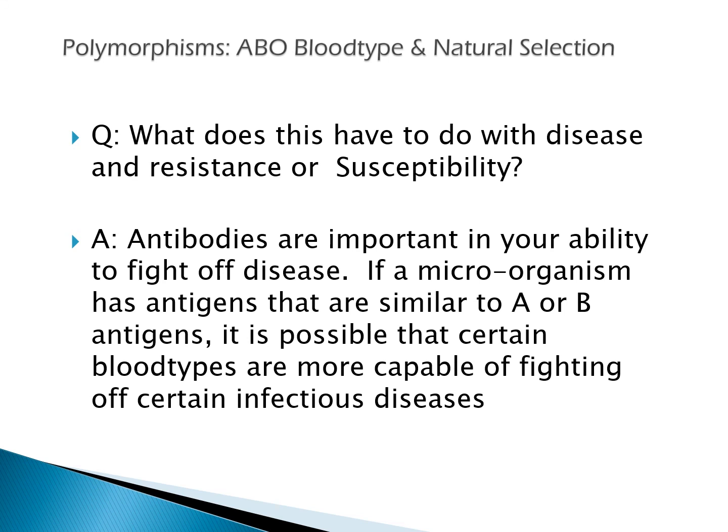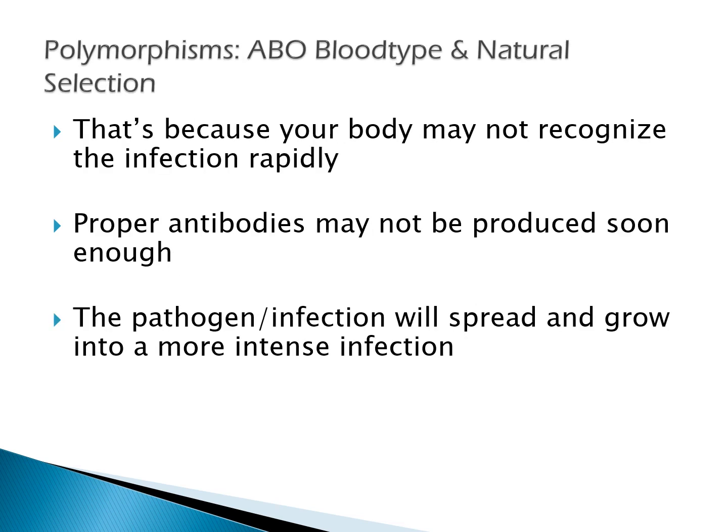So antibodies are something that your body's making, and it's how you fight off diseases. If a microorganism evolves and accidentally gets a mutation that makes a protein, remember antigen is a form of protein, that's similar to, let's say, the A or B extra coating on your red blood cells, it's possible that certain blood types are not going to recognize it as easily because your body isn't recognizing it. It's like that organism has a disguise. They might be dressed up in something that the body doesn't immediately recognize as a problem.